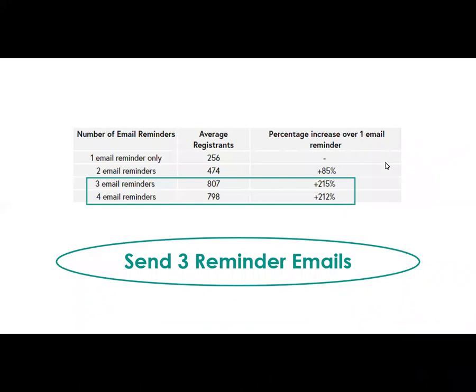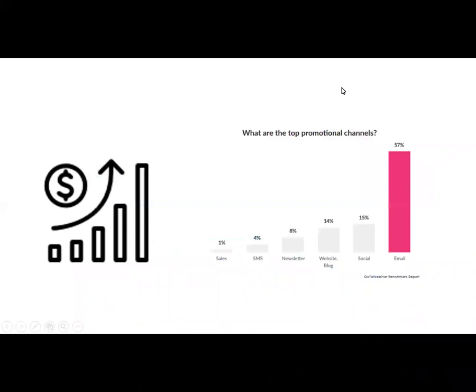We'll break that down more, but this is just an illustration to show that the top promotional channel is still email at 57%. Meanwhile, things like newsletters, blogs, and social promotion are also definitely effective and can really help put the word out and engage your audience. But the best way, especially if you have a huge list, and even if you don't have a big email list, email is still the best way to get people to open your content, register, and maximize that attendance.